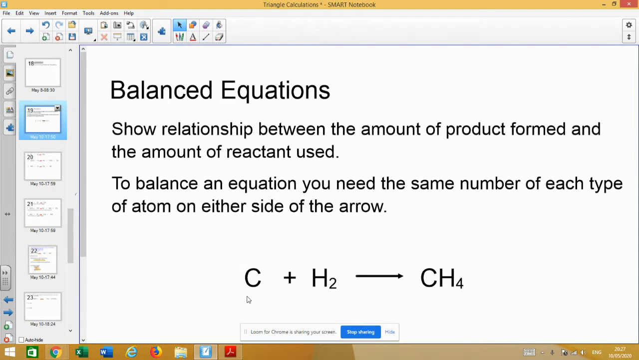So in this example, we've got carbon reacting with hydrogen gas to form methane. So our carbons are balanced, we've got one on either side, but our hydrogens, we've got 2 here and we've got 4 here. Now hydrogen is a diatomic gas. It has to exist as H2. So we can't just change this 2 to a 4 and be done with it. What we've got to do is say we now need 2 molecules of hydrogen to make 1 molecule of methane. And how we do that is by putting a number 2 in front of it. And now we're balanced. We've got 1 carbon reacting with 2 molecules of the hydrogen gas to form 1 molecule